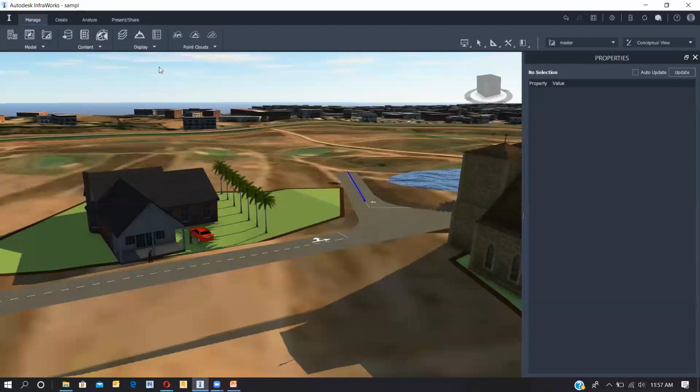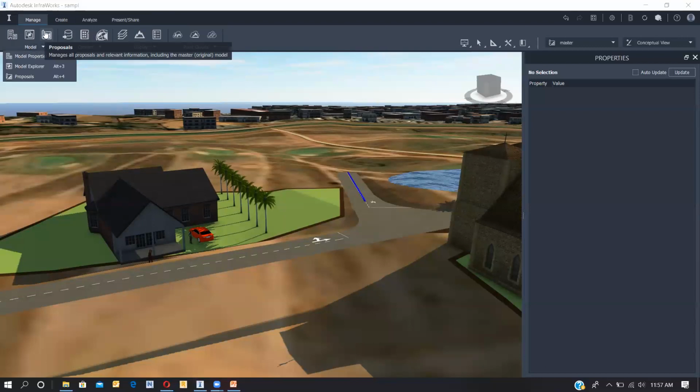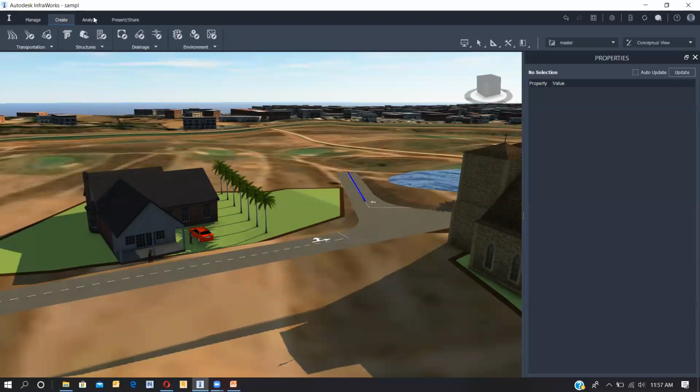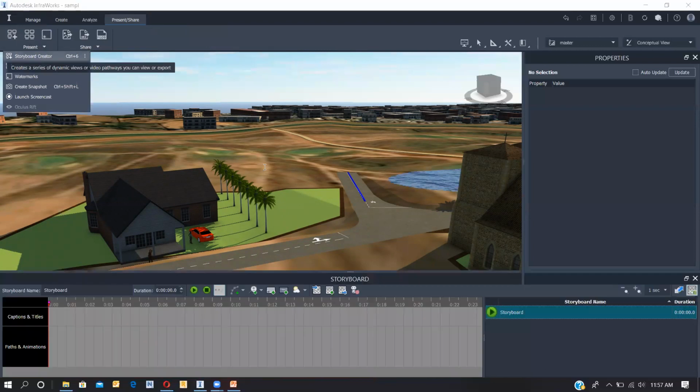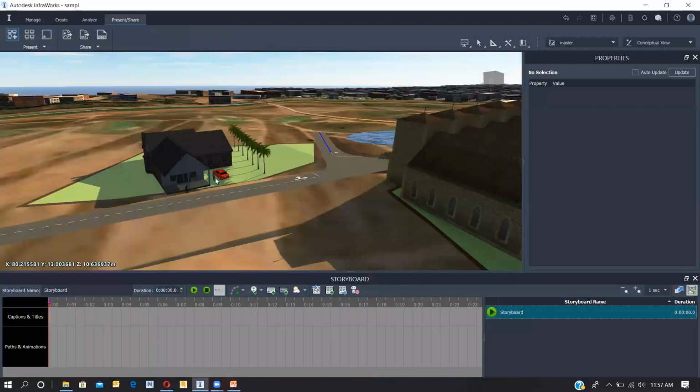So manage model, and we'll be having an option to, this is the storyboard creator to make the animations. Yes, it's quite easy to do the things over here.